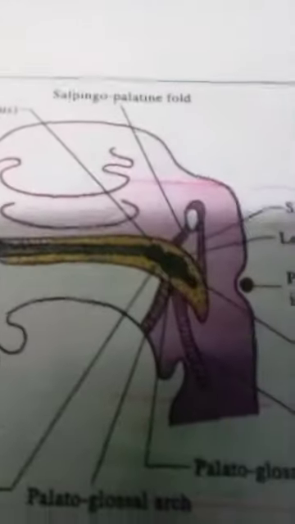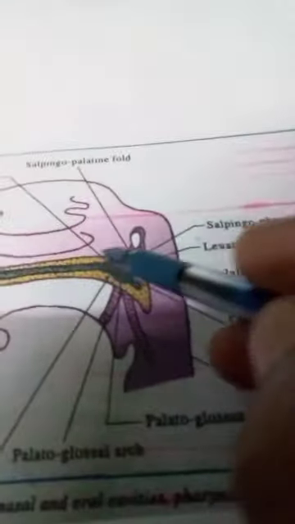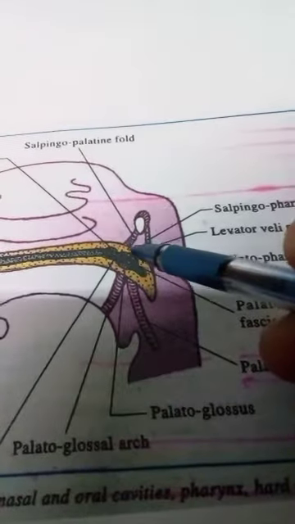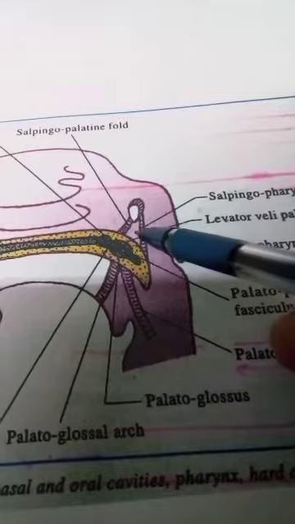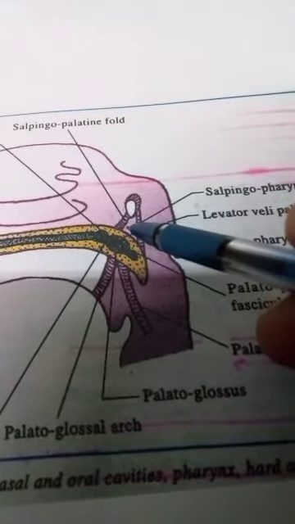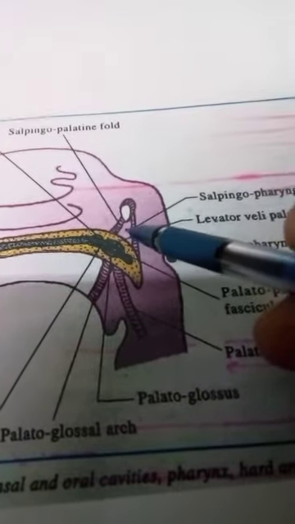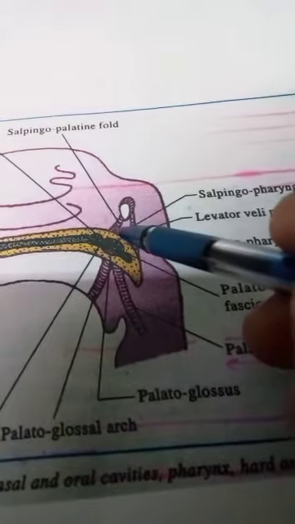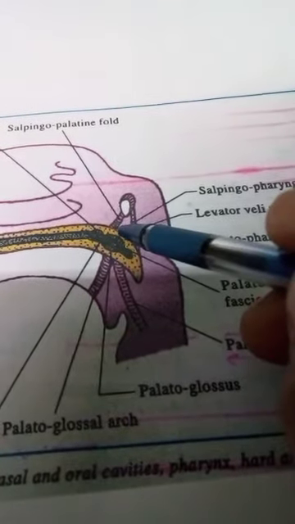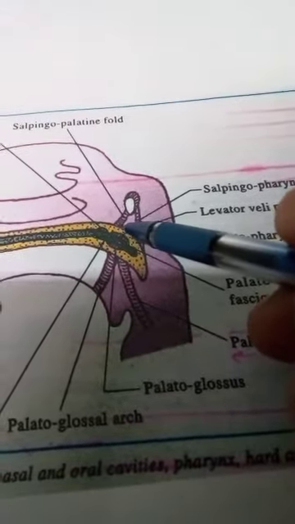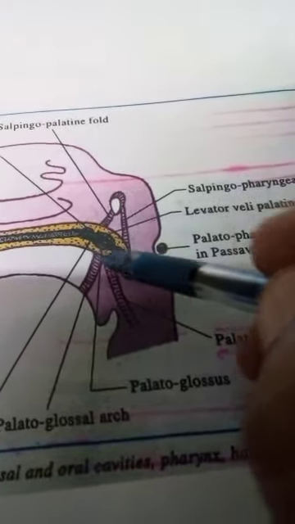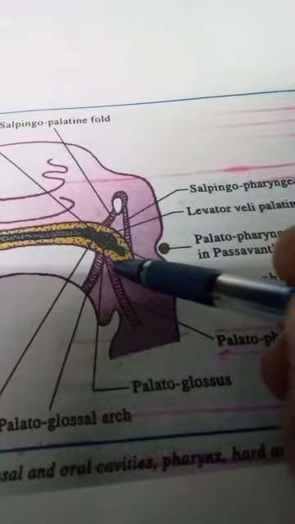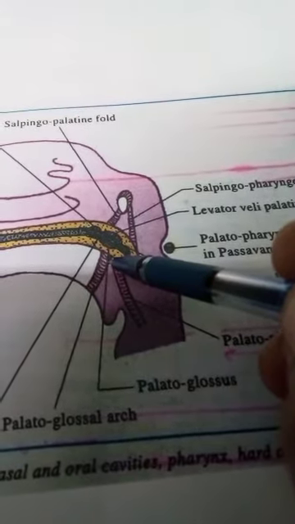So, we have tried to learn the composition of soft palate from posterior to anterior. Here first you will get the mucous membrane of the nasopharynx. When you have arrived from posterior to anterior, here you will gain mucous membrane of the oropharynx, which is lined